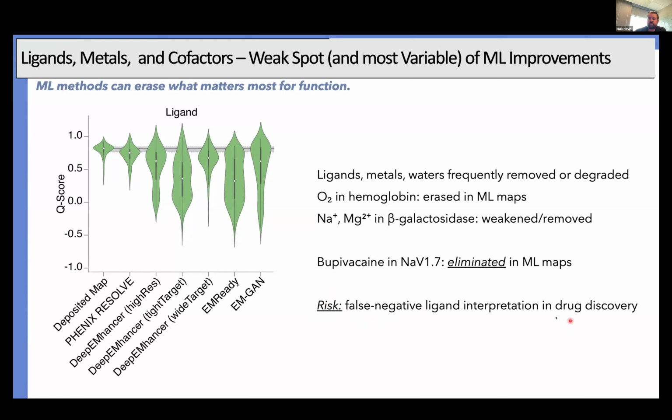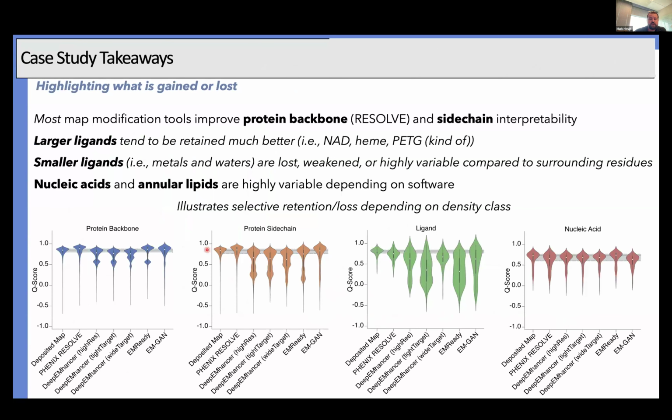And so in a high throughput regime, if you're only using one, you could completely skip over something that in fact actually does have your ligand of interest bound. And so in the last couple slides before I give way to questions, what I really want to highlight is